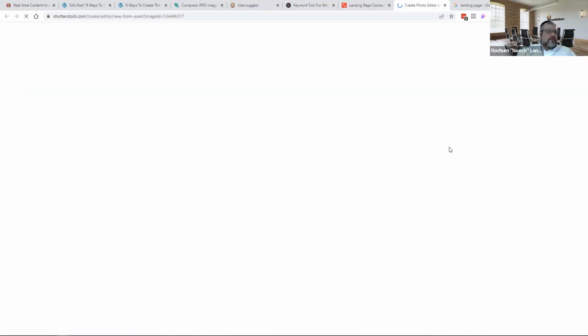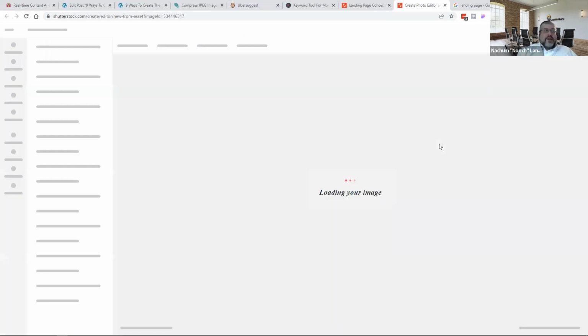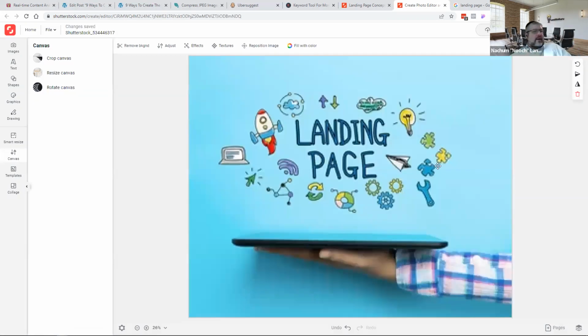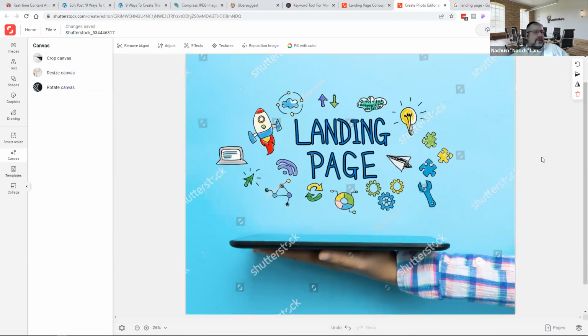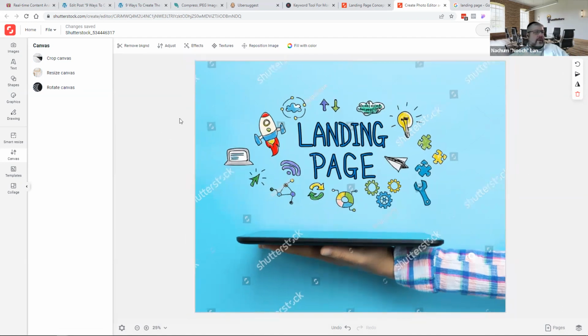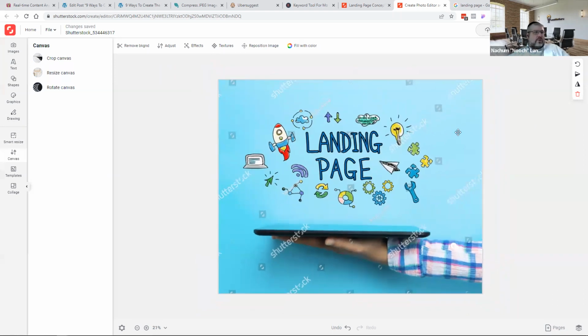Edit and create. All right, you can download and access the editor that Shutterstock provides. And the problem is that until you download it and actually pay for the image, you're going to have this watermark on it. And it's not going to be good, right? So what you want to do is resize the image to a size that's going to work for